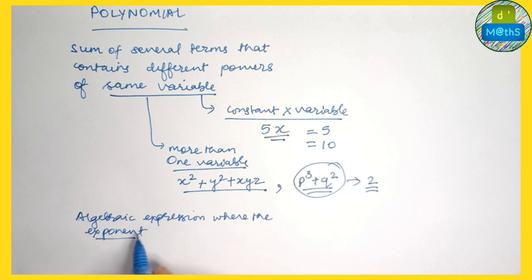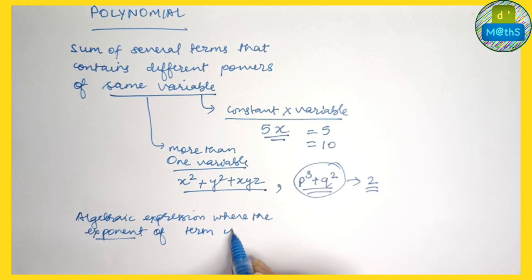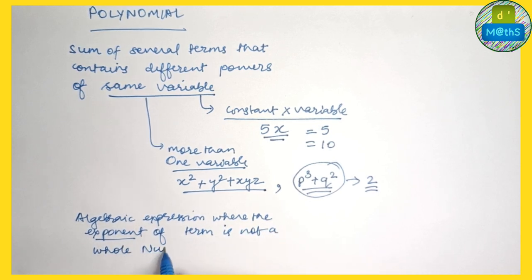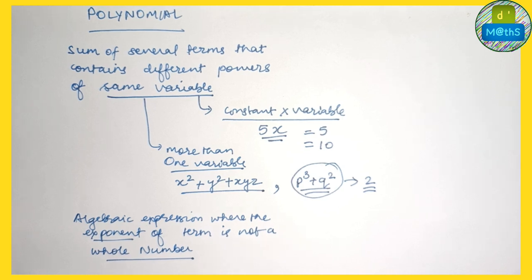So algebraic expressions where the exponent of a term is not a whole number. I hope you know what a whole number is. A whole number cannot be negative, and it is not a decimal either. So an algebraic expression where the exponent of a term is not a whole number will not be a polynomial. For example,